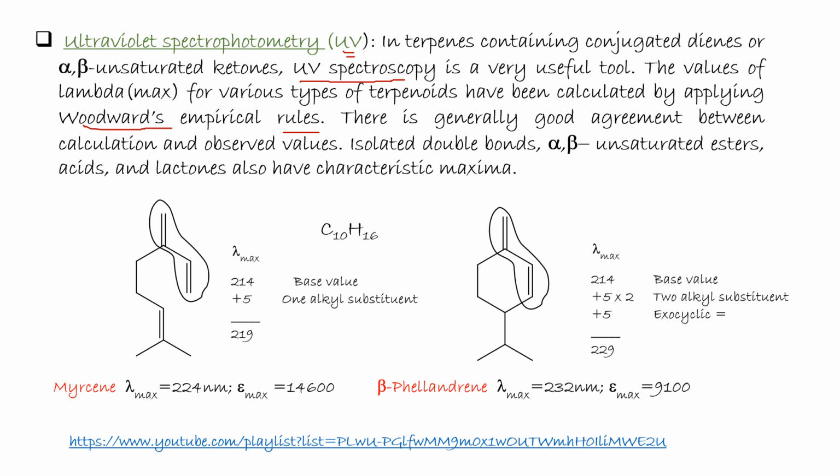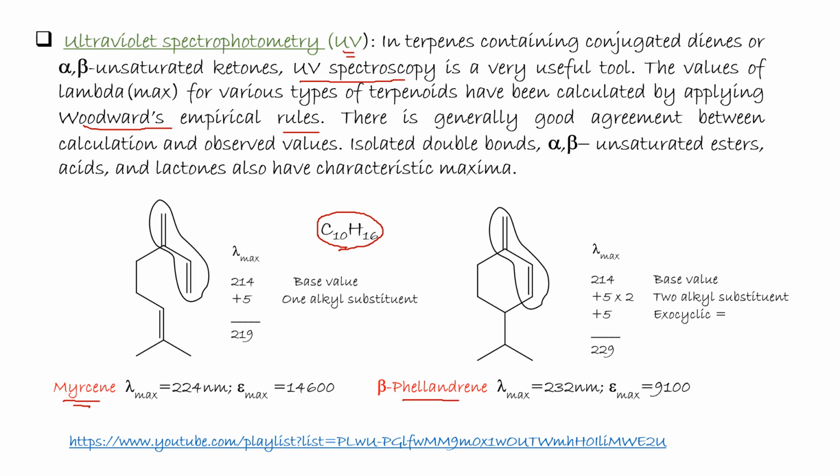There is generally good agreement between the calculated and observed values. For example, we have here isomeric structures of C10H16 terpenoid, myrcene, an acyclic terpene, and beta-phellandrene,